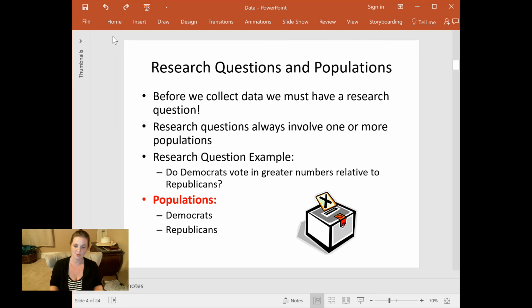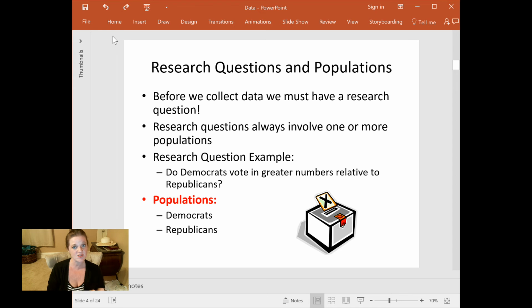And another vocab term we have to know is a concept called a population. Now, a population is a word that you might think you already know. And I think you're going to run across that a lot in this class. There are going to be words and terminology that I use in a very technical, specific way. And you're going to think, well, I know what a population is. I've heard that word before. But you need to learn it in this context. You have to learn about what the word population means in this class and leave sort of your everyday understanding of that word at the door, right?